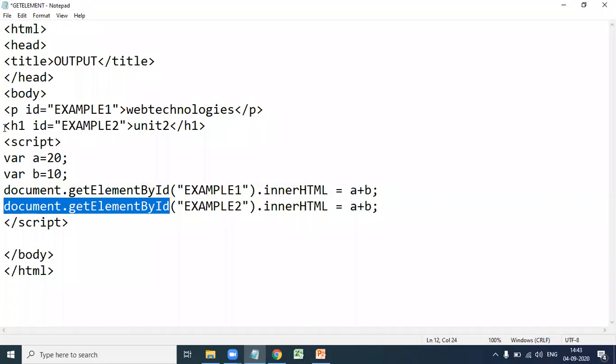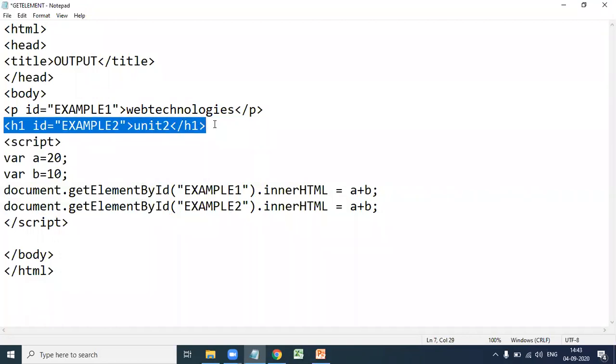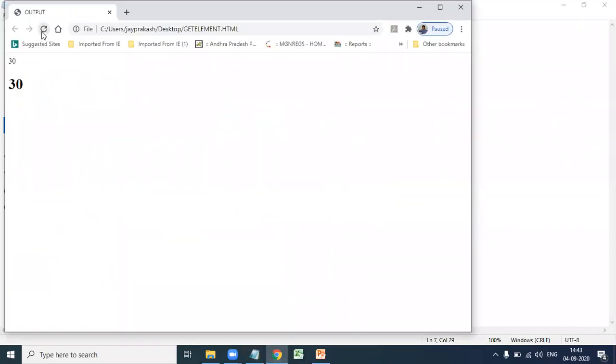What is the HTML tag with ID example2? Here the heading tag. So the content of this heading tag is replaced with the a plus b value. If you execute this, see here, web technologies is replaced with the a plus b value, that is 30. Again, the heading 1 is also replaced with the a plus b value 30.